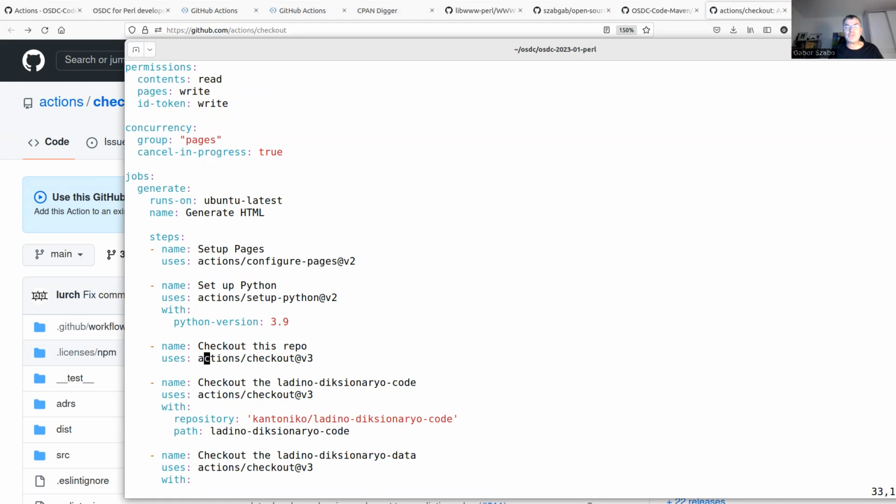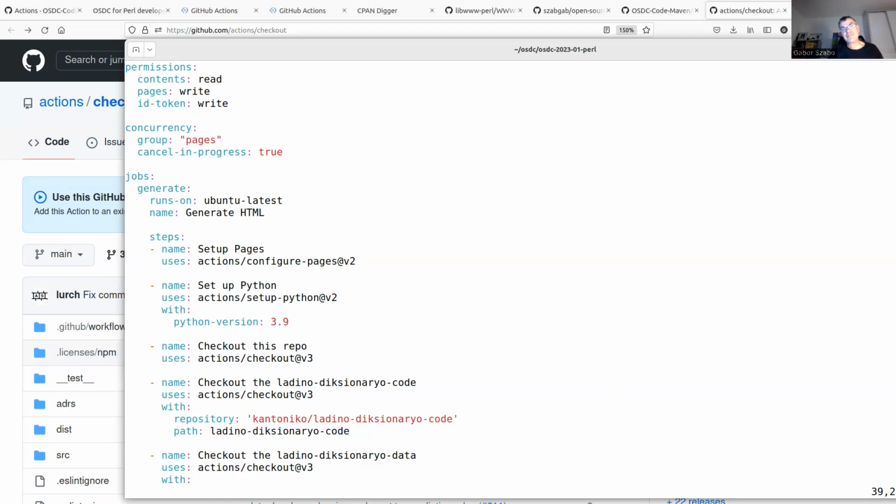Here it has the checkout. So it checks out its own repository, this repository. Then it checks out another repository, and here is the parameter. You see, this is the same action. This one just checks out the current repository, or sorry, the repository where this workflow is. That's the default. And here I actually tell it what repository to check out, and I even tell it where